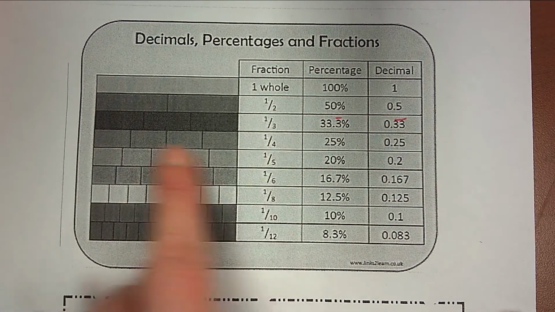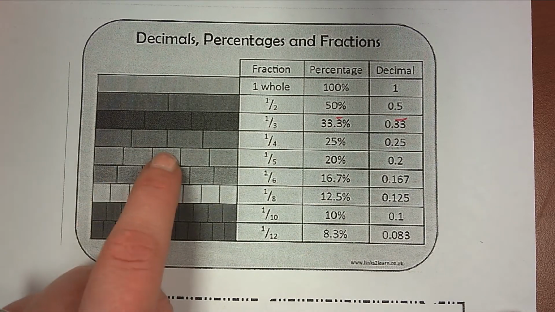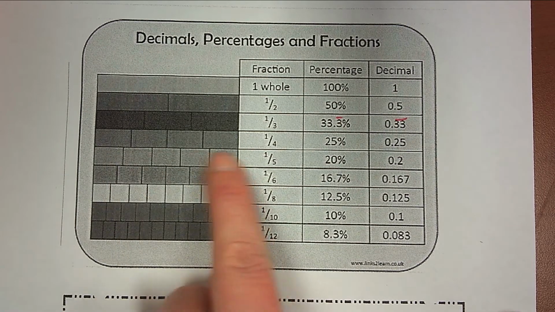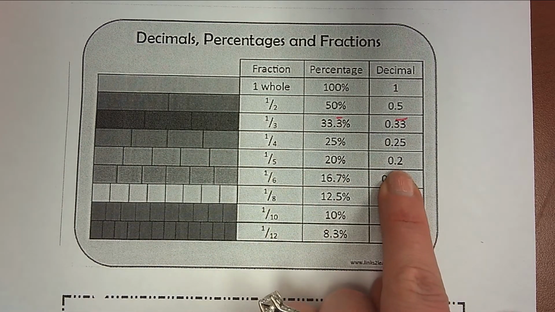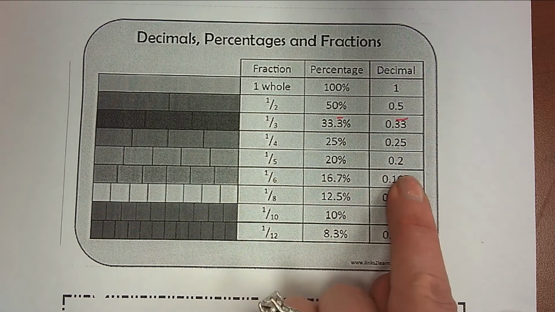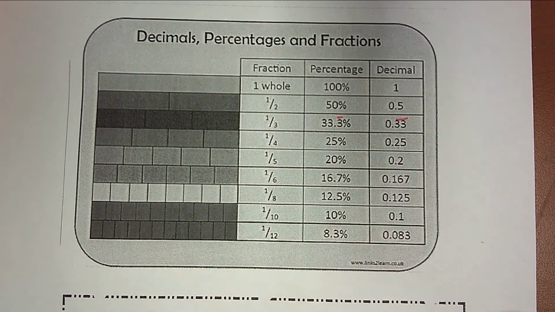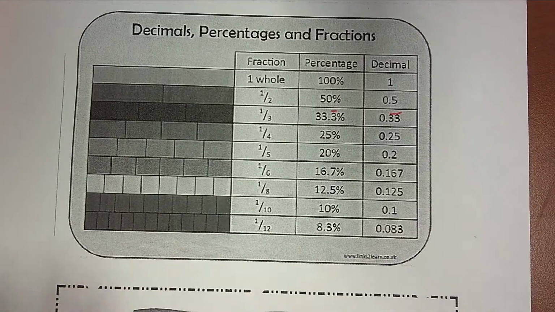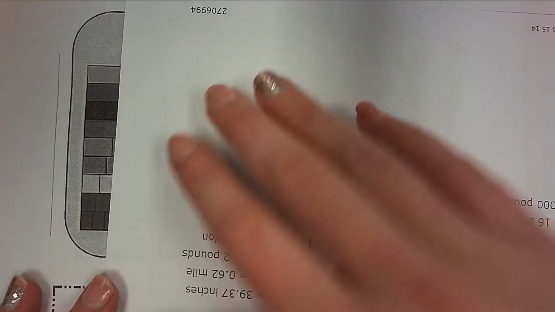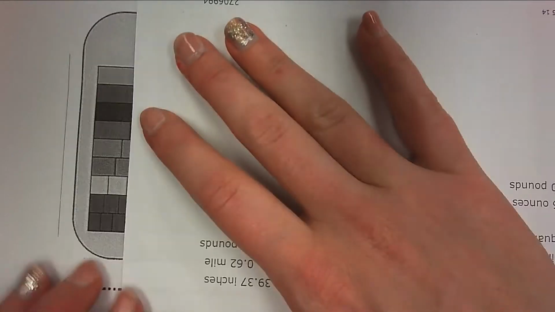And then this next one we've got divided into fifths, 1, 2, 3, 4, 5 fifths here, and we know that 1/5 is 20% or 2/10. The sixth I did not ask you to memorize, so I'm going to skip that one for right now. The eighths I did ask you to memorize, and remember that I said that even eighths fall on fourths, so 2/8